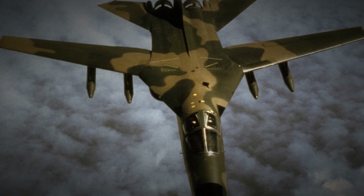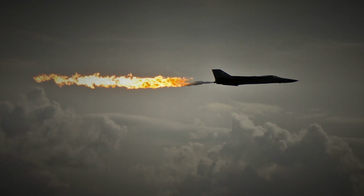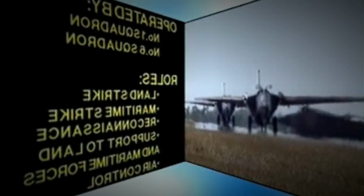It flew more than 4,000 combat sorties in Vietnam, earning a reputation for being effective and highly reliable. One of the F-111's most famous missions came during Operation El Dorado Canyon in 1986, when it was used to carry out airstrikes on Libya in retaliation for terrorist attacks against US military personnel. The precision with which the F-111 struck key Libyan military targets showed the effectiveness of its bomb delivery systems and